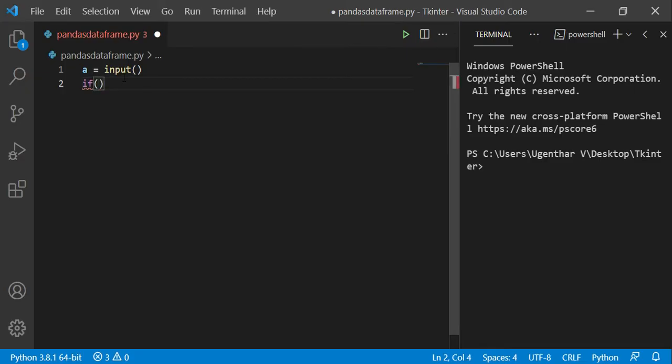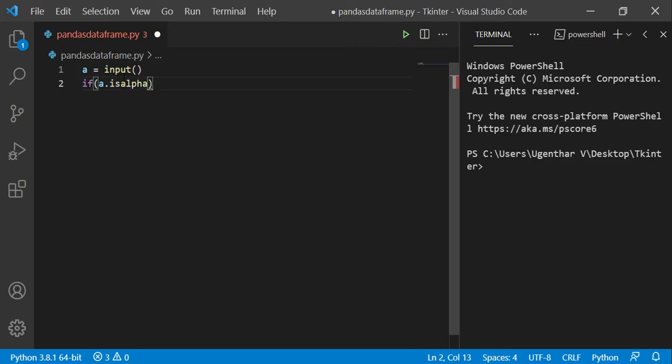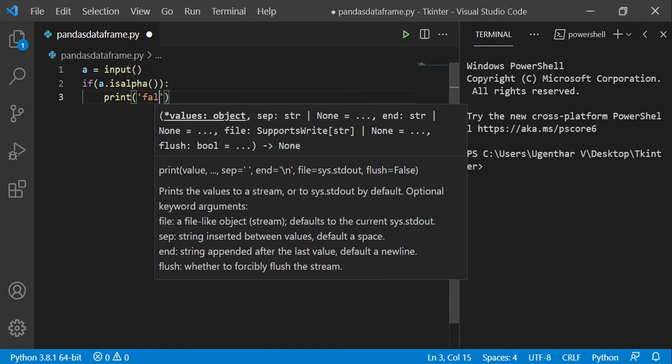Now let me check the condition here. If A dot isalpha, then it should print false.